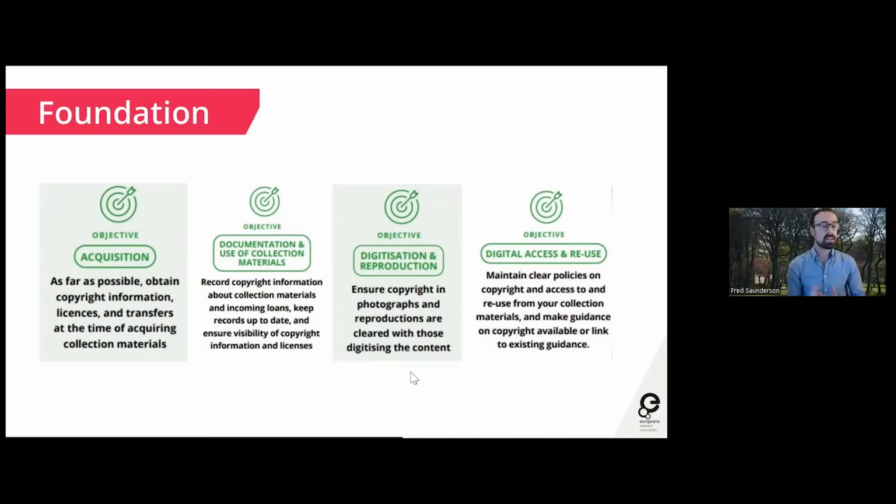So those are setting your foundations, and if you're going to take away anything from today, I think it's about looking at the foundation stage. There's a huge amount in these guidelines through the different phases, but I think the most important part is your foundations. Those solid roots are fundamental, and if you can start to take the steps towards or reach these 4 objectives, I think your organizations will be a huge way forward in terms of copyright assurance and grounding than you might otherwise be, but they obviously can go further.